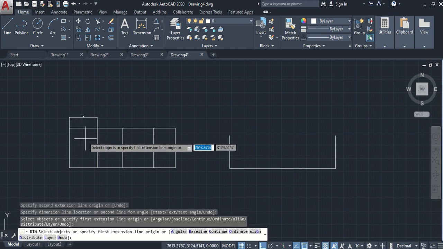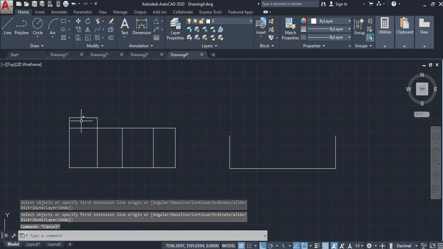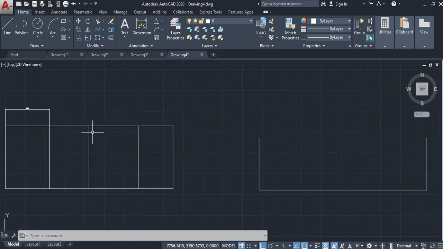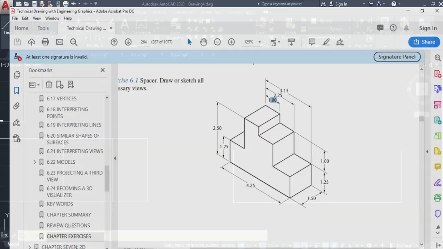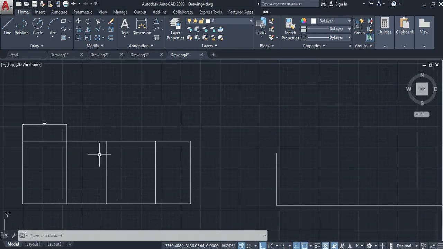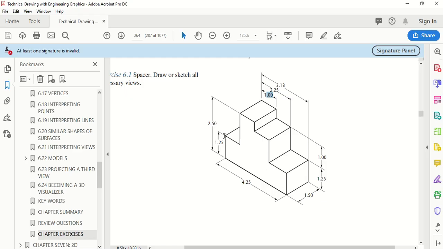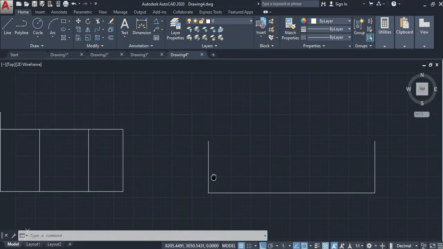Again, we will learn about these dimension lines in the future, but it's 112. Why am I measuring this 112? To draw now this line 112, right? You understand how 425 minus 313, we will get 112. So line from here,